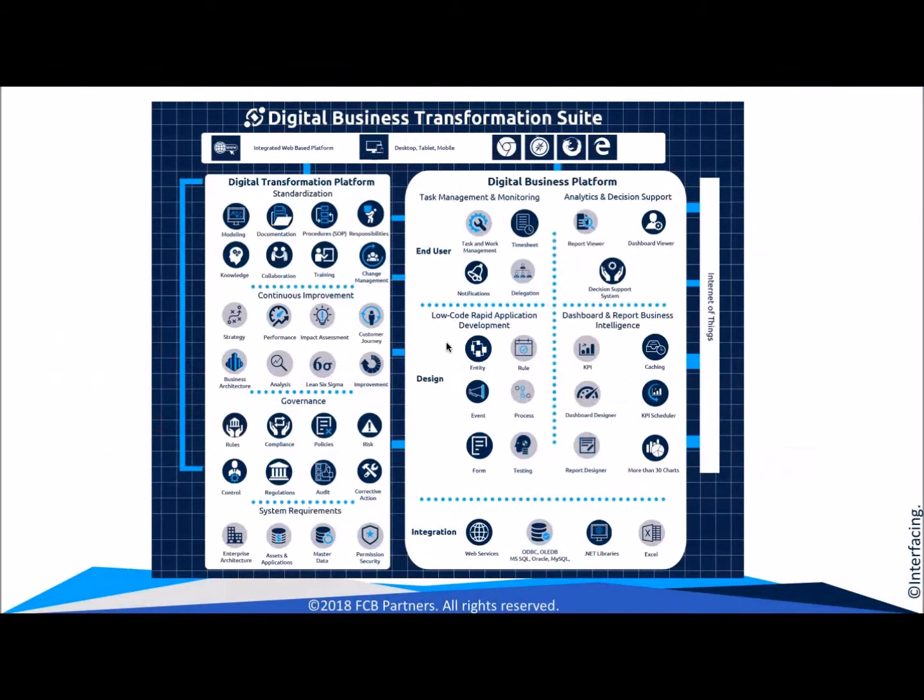So just what does the product do? For those of you that don't know, there's two major components to our suite. And since today's topic is really focused on transformation, our product has migrated from just a base BPM solution really into a transformation platform. And there's two major components. On the left here, the digital transformation platform. This has to do with everything related to being able to document your current state, redesigning the organization for your future state, using it as a platform for gathering requirements, a platform for continuous improvement, meaning gathering input from your